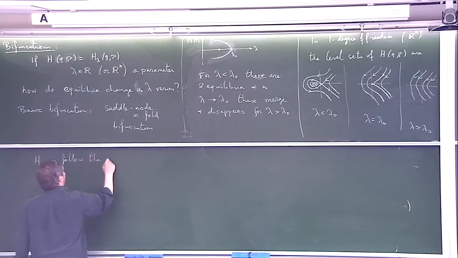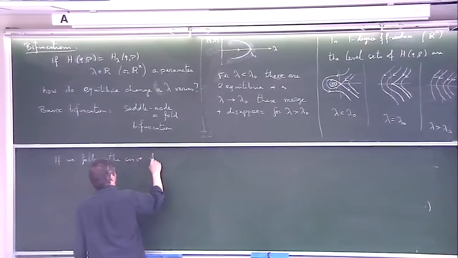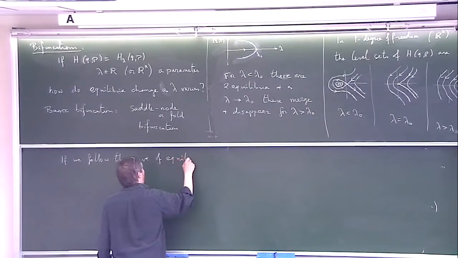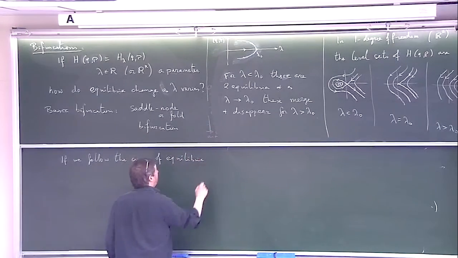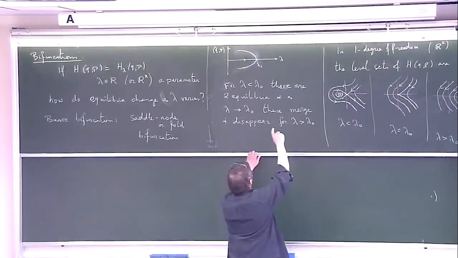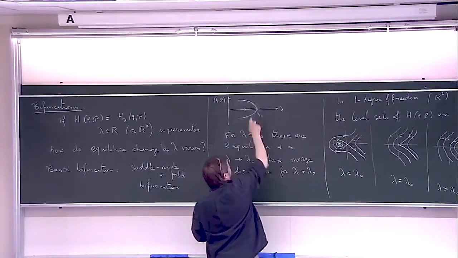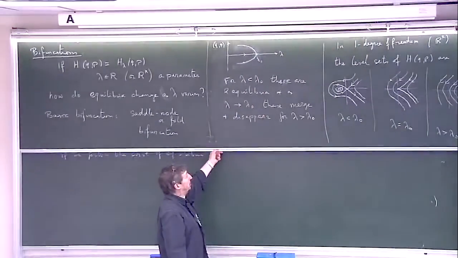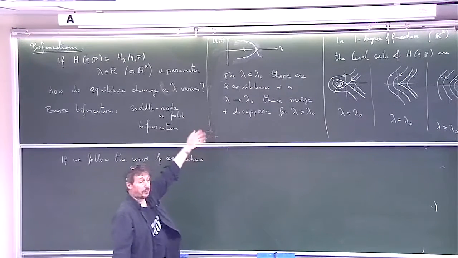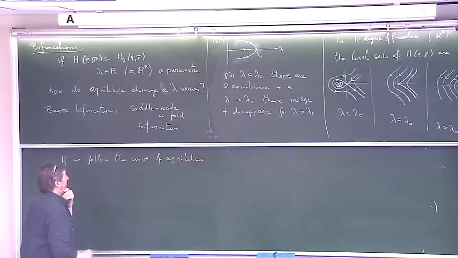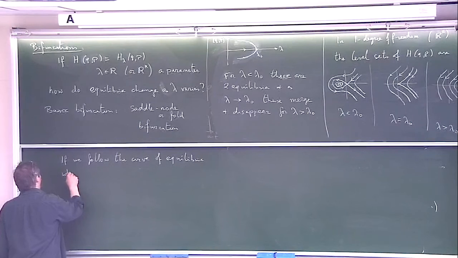So if we follow the curve, so we start up here and we come round and we follow the curve, which is not what's happening with the bifurcation parameter, but